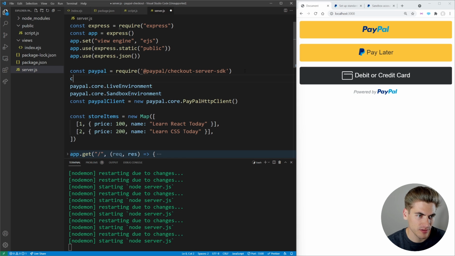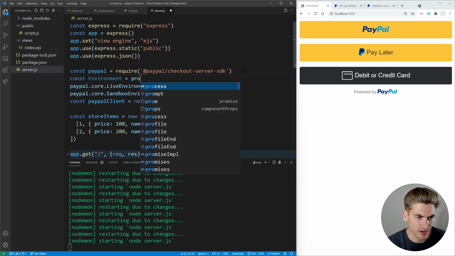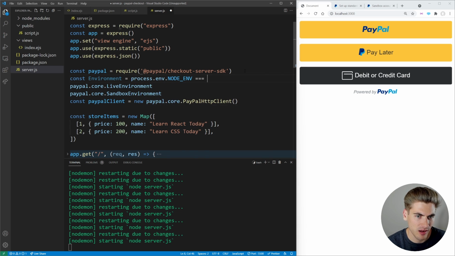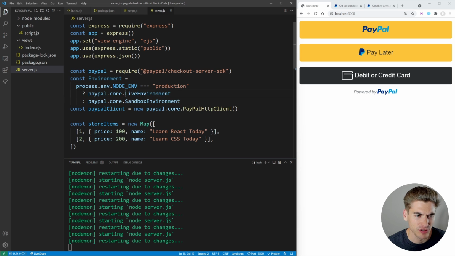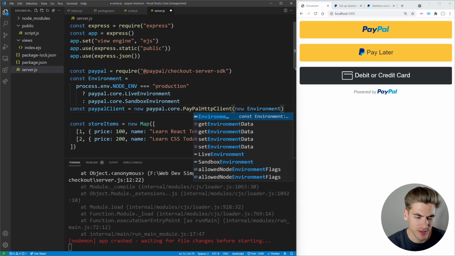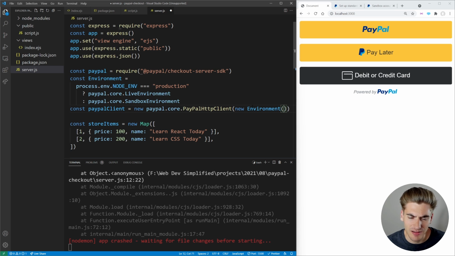So I'm going to create a variable here called environment. And I'm first going to say, hey, are we in production or not? So process.env.NODE_ENV is equal to production. If we are in production, then I want to return this live environment. Otherwise, I want to return the sandbox environment. So if we're in production, we're going to get the live environment. Otherwise, we're going to get the sandbox environment. Then here, I'm going to pass it to that environment. So we're going to create a new environment. And this environment is going to take in our client ID as well as our secret. So we can just pass it in